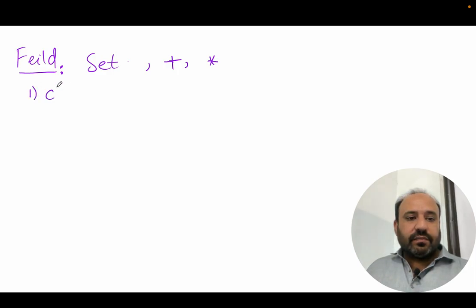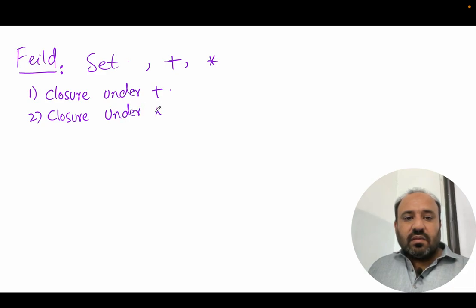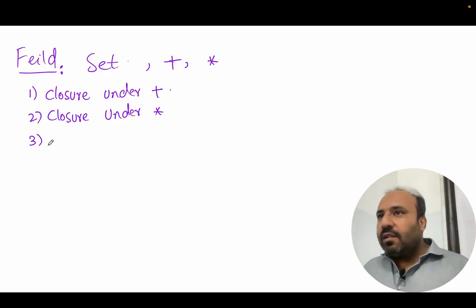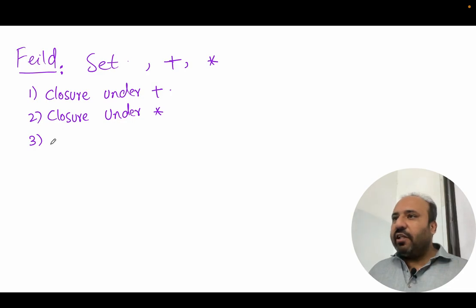क्लोजर अंडर व्हाट? क्लोजर अंडर एडिशन, क्लोजर अंडर मल्टीप्लिकेशन, देन जी, एसोसिएटिविटी, कम्यूटेटिविटी। एसोसिएटिविटी क्या होती है, बताएं थोड़ा सा।